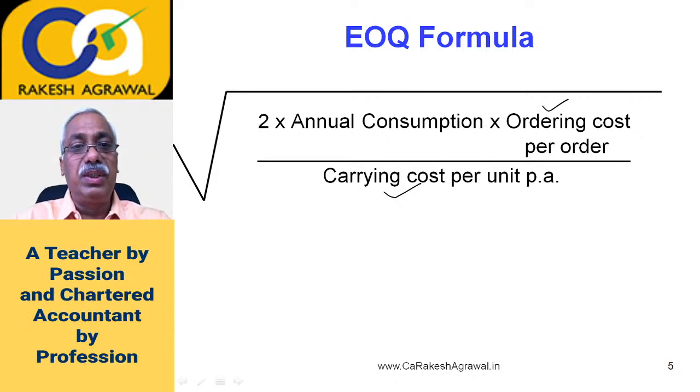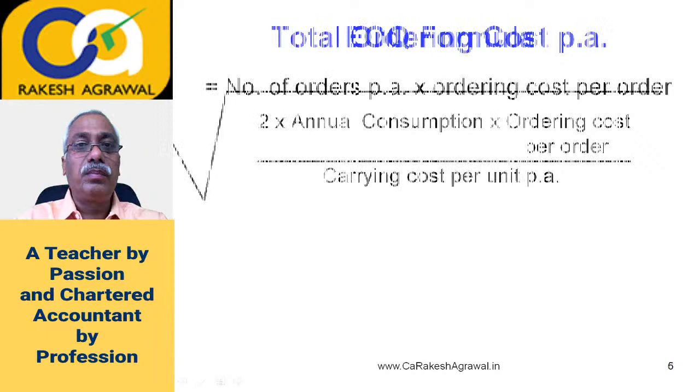That is the money which is blocked in the inventory which is lying in our godown, inventory of raw material. On that, whatever opportunity of earning interest we are losing, if that money would have been in the bank, that opportunity cost and other storage cost and others are included in carrying cost. So that is carrying cost per unit per annum. This is the formula, all of you remember, I know.